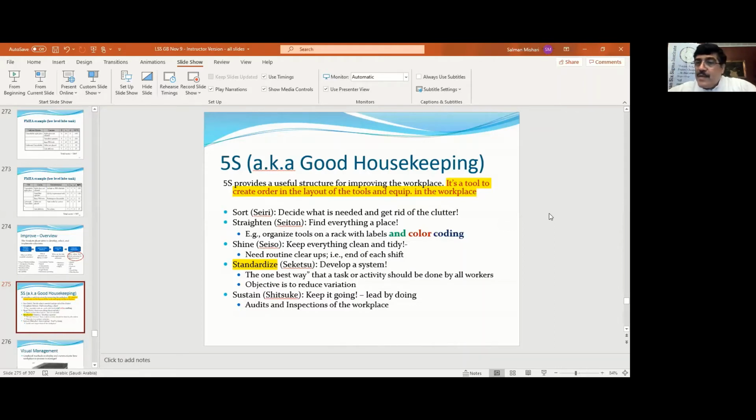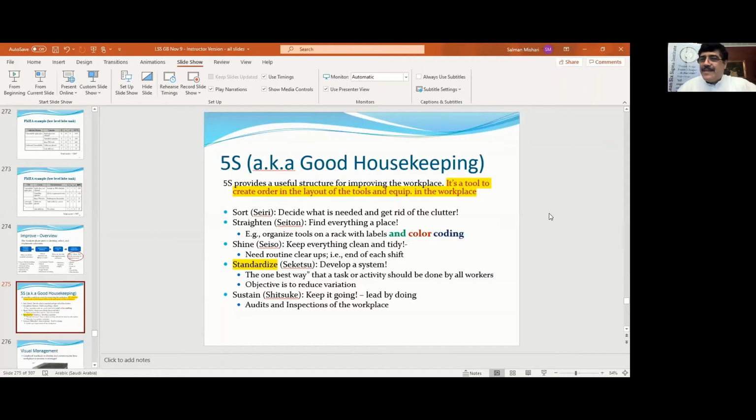So the purpose here is that you want to reduce your variation. And how do you reduce variation? You don't leave things to chance. You want something, you find it. But if your place is a messy place, you will not find things. That's as simple as this. So one time you find it very quickly, one time you don't. One time you meet your customer requirement, one time you don't. And that's the problem. So here what you need to do, first of all, sort, meaning that you get rid